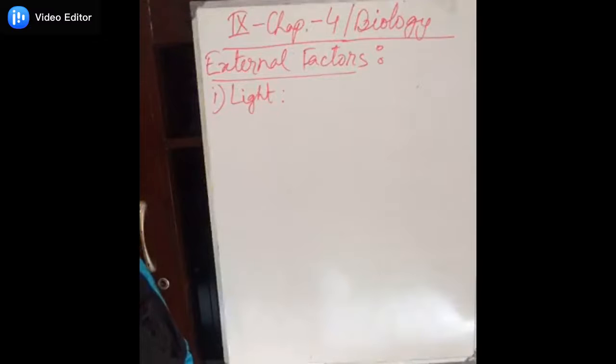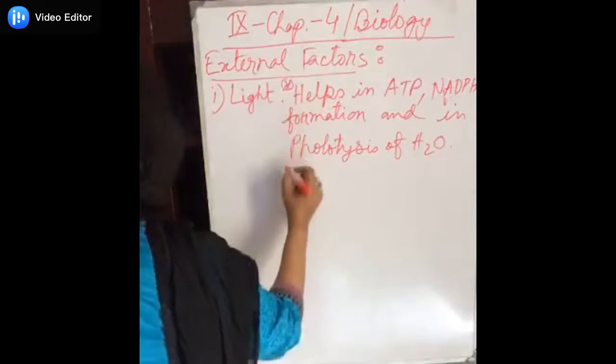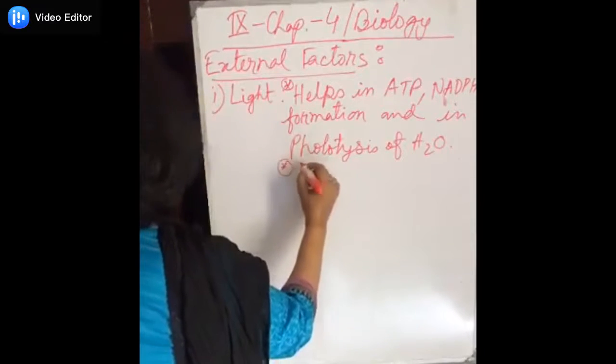Photosynthesis takes place in the following two stages. The first one is the light dependent stage, and in the light dependent stage three important functions take place. What are those? Point number 1: formation of ATP and NADPH2. Point number 2: photolysis of water for the plants. Point number 3: red,